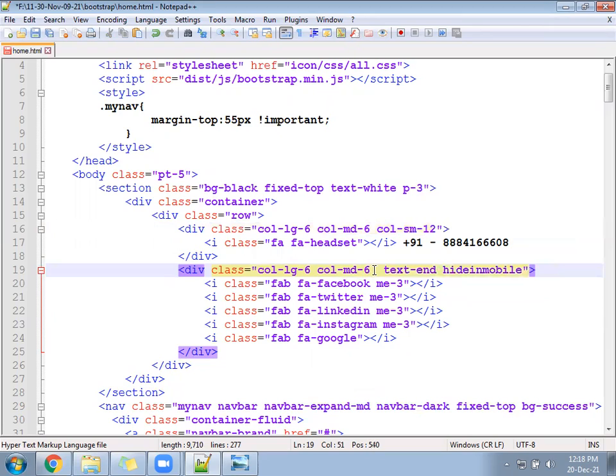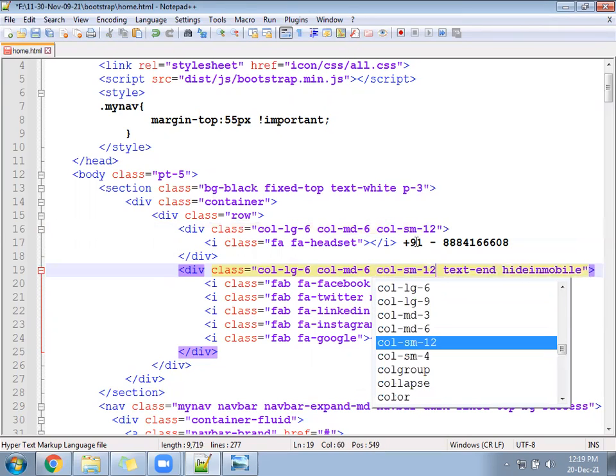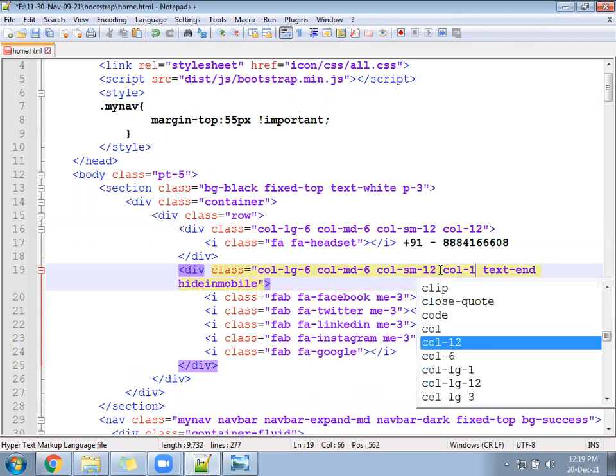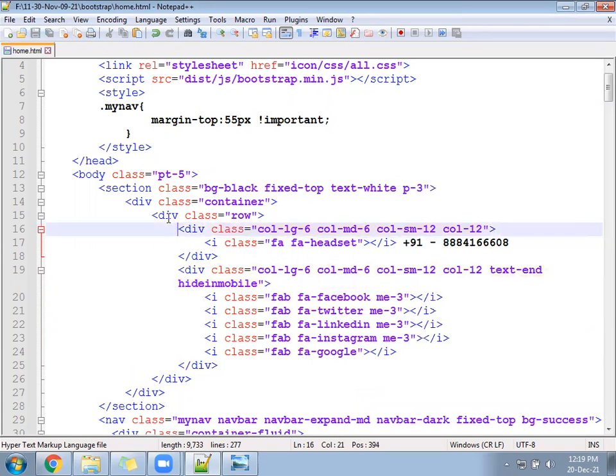Here also give col-sm-12. Then write col-12.